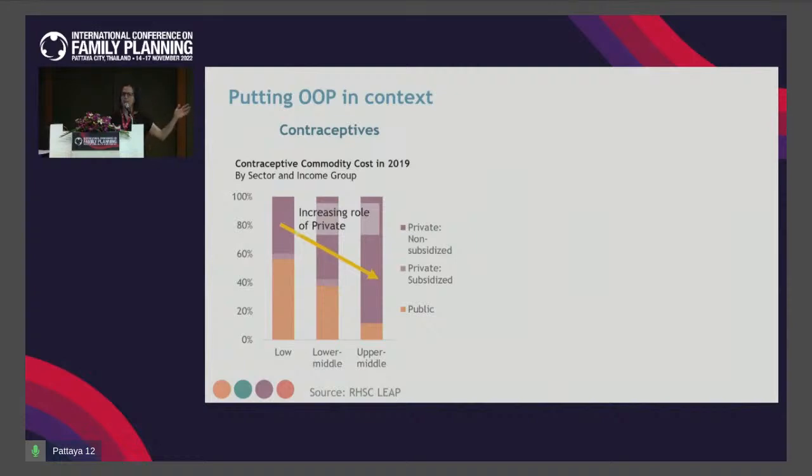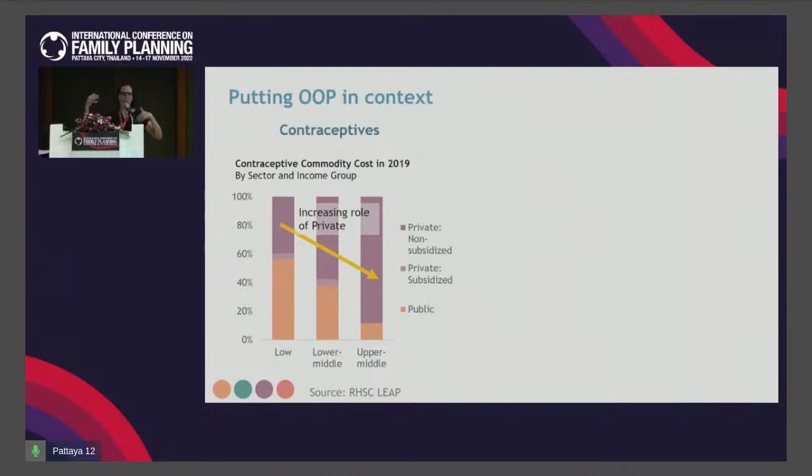But what we see in LEAP is this really shifting role of out-of-pocket. So we see it playing a fairly pronounced role across all income groups, but proportionately increasing across them. It is easy to think about this as a transition, but I want to challenge us to not think about this as an inevitable pathway, that low-income countries, as they transition away from donor funding, as things evolve, that the only way that we can transition forward is to have this sort of shifting role to private out-of-pocket,